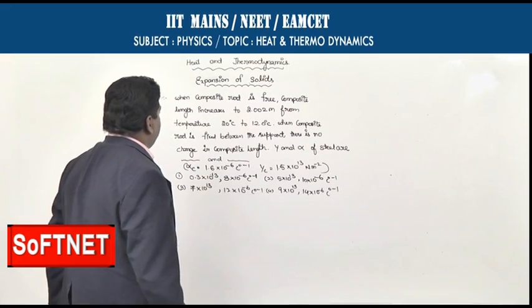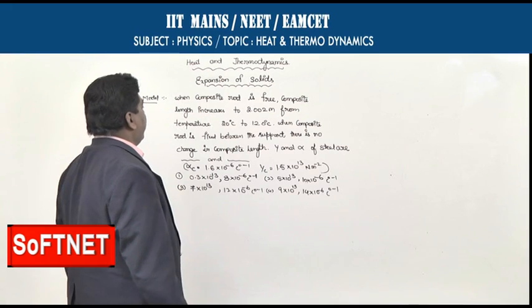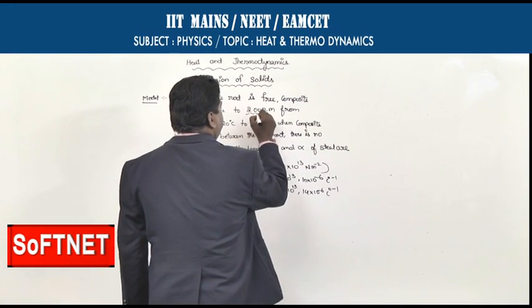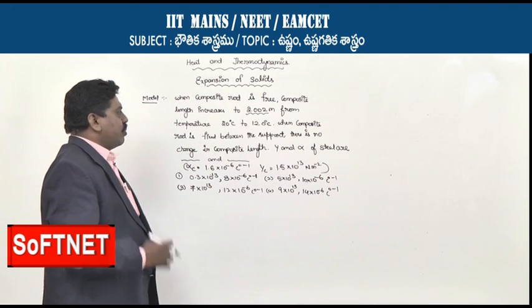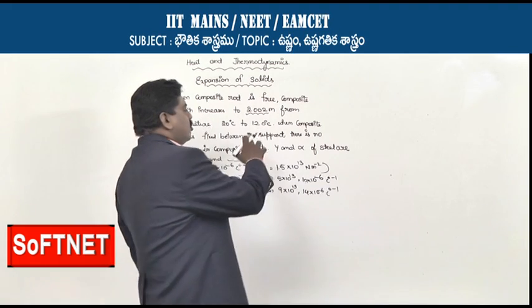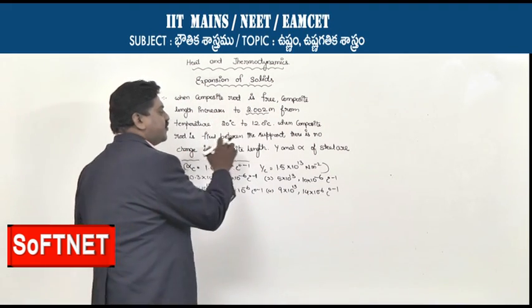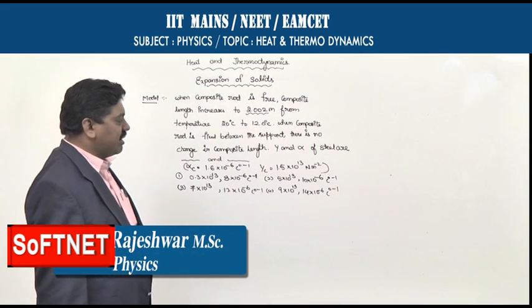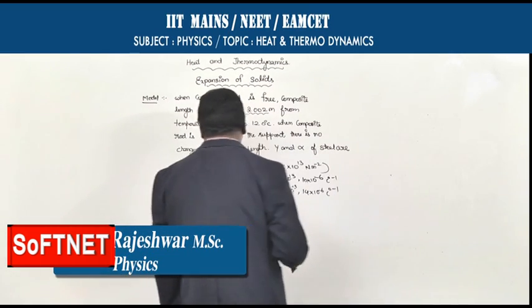Now let us consider another model here. When the composite rod is free, the composite length increases to 2.002 meters as the temperature goes from 20 to 120 degrees Celsius. When the composite rod is fixed between the supports, there is no change in composite length. Then Y and alpha of steel are,